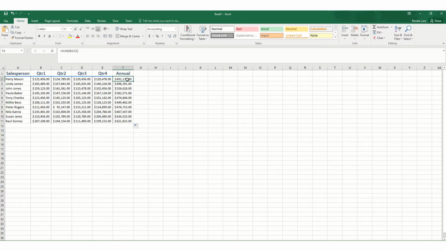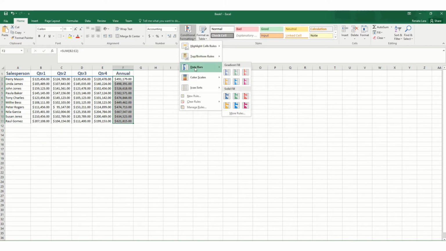I am going to highlight all of the fields under the F row. I'm going to go to conditional formatting. And the first thing that I'm going to use is the simplest one, which is called the data bars. So when I select the data bars, this is just going to give me a highlight based on the value that it's in that cell. So it'll make the highest cell